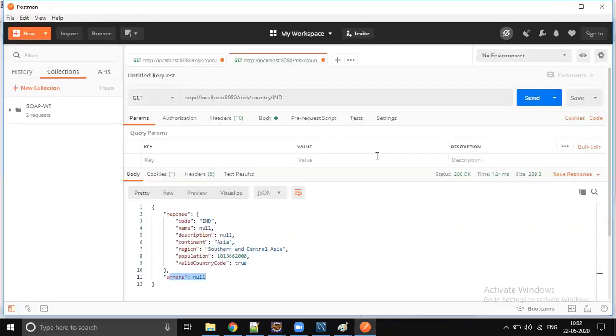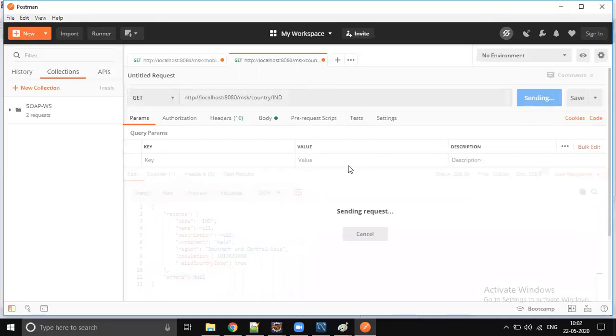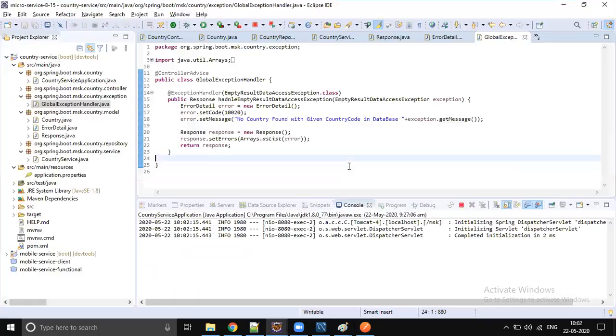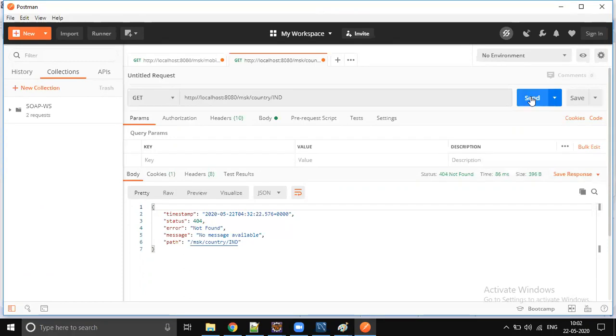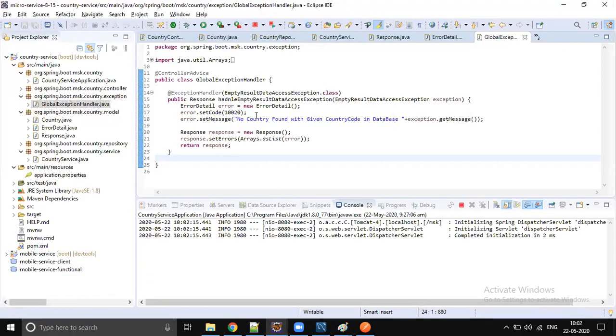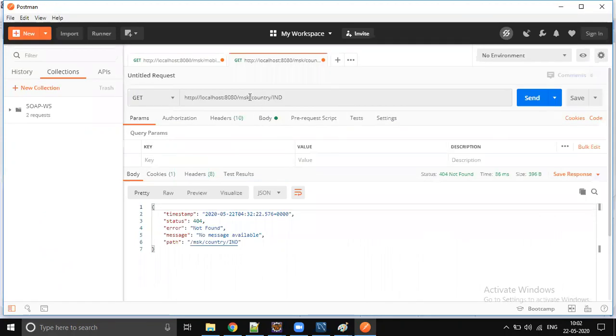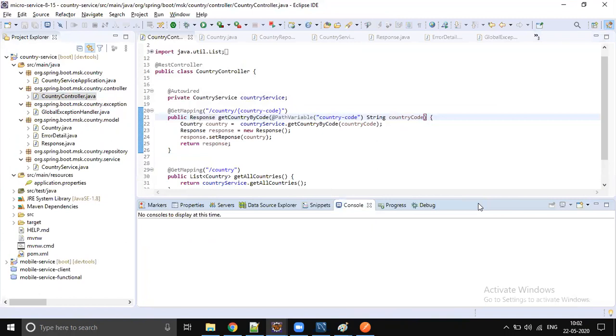Yeah. Now let's go to the browser, Postman, and send to get the success response. Let's try that. Controller, country code. Okay. MSK, country India. So let's stop it and start it.